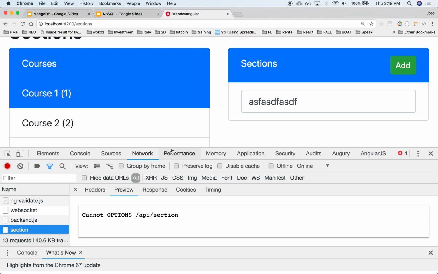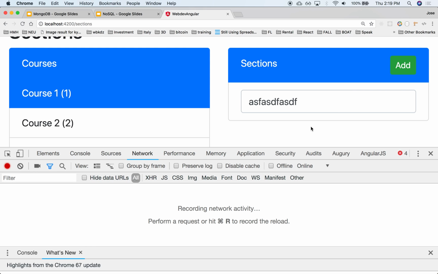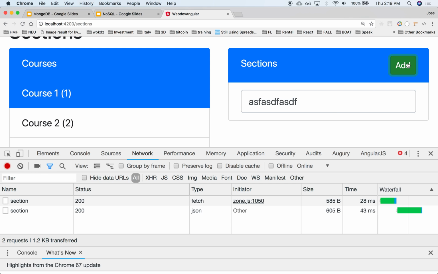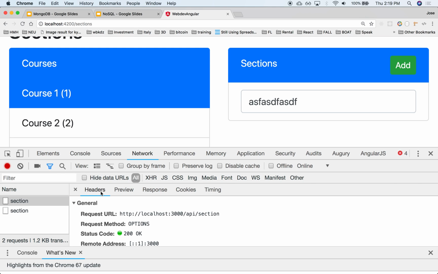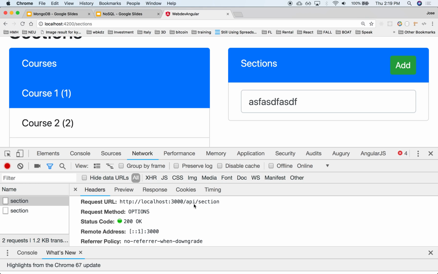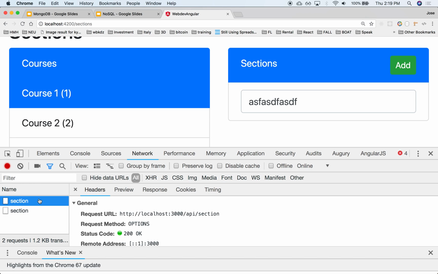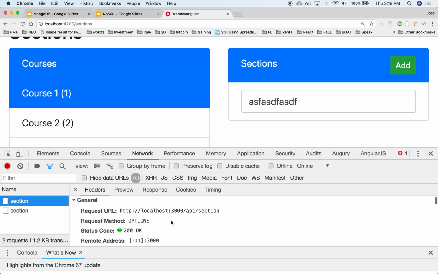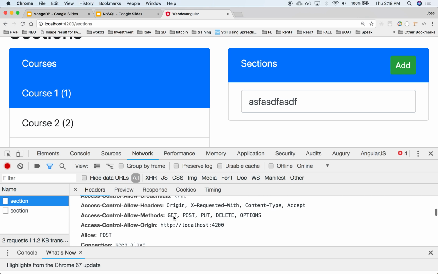All right, so let's try that again. Let's refresh here. Let's do an add. Okay, so this time it didn't complain. The first one is our pre-flight. This is called a pre-flight query. This is the browser asking the server, hey, is it okay to post? And the server is going to say, yes, it's okay. It comes back with options. It says, these are the methods that are allowed. You can do a get, a post, a put, a delete. You can do all these things. It's okay. I accept